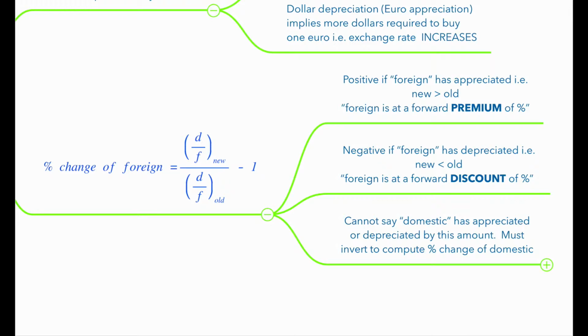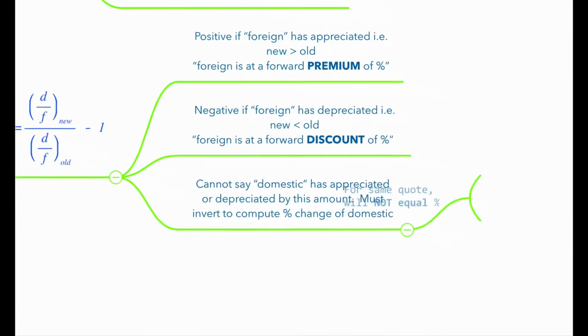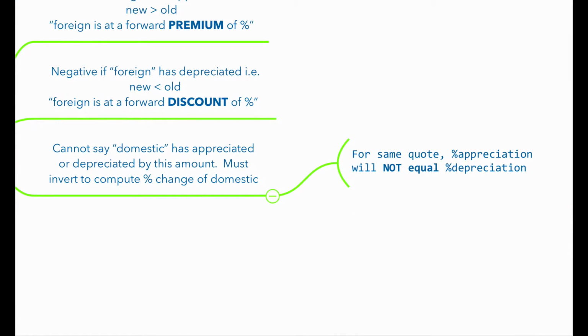Now it's important to note that we cannot say anything about the domestic currency using this calculation. This formula is always talking about the denominator currency, that is the foreign currency. So we cannot say that the domestic has appreciated or depreciated by this calculated amount. In order to figure out whether the domestic is at a forward premium or discount and of how much, we need to invert the exchange rates and then apply this formula again. For the same quote of domestic over foreign, the percentage appreciation will not equal the percentage depreciation. So the key point here is to remember that we can correctly calculate the percentage change of